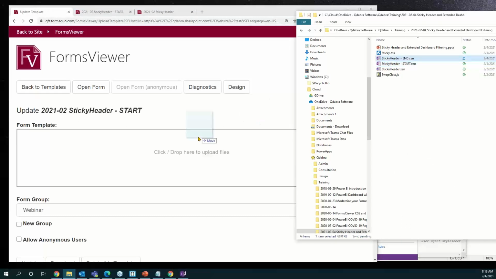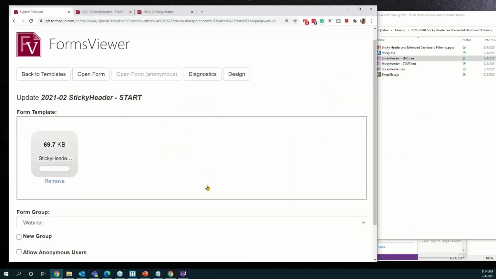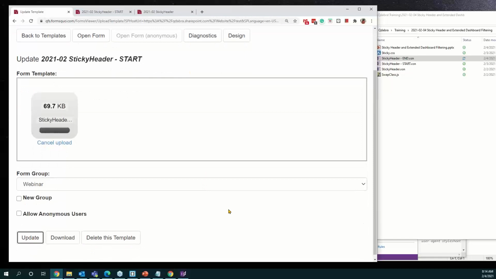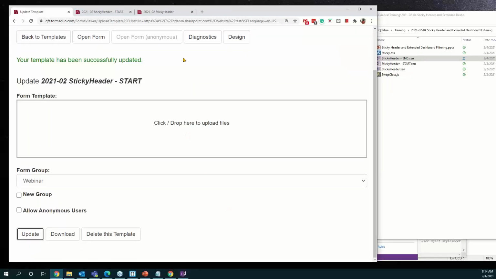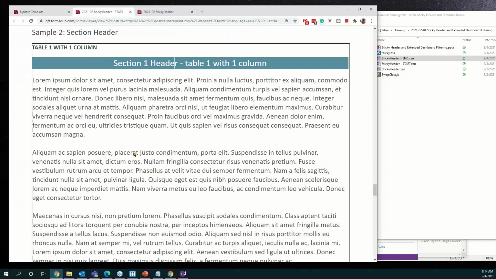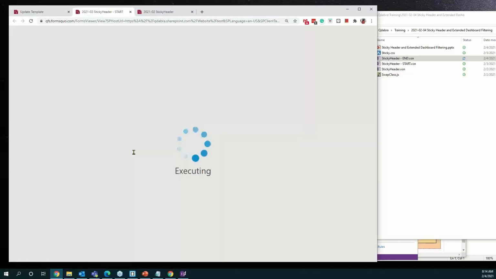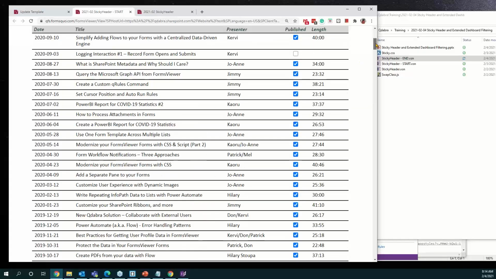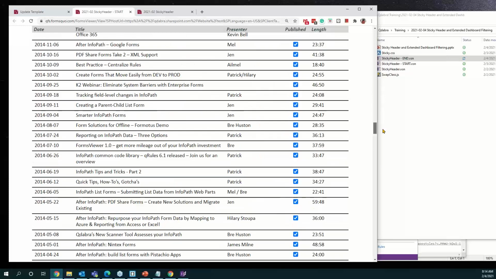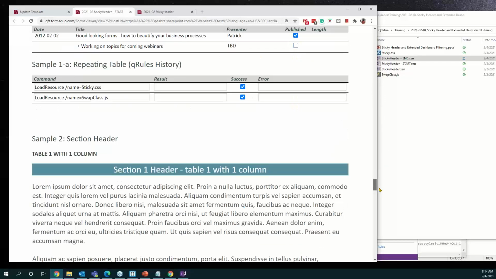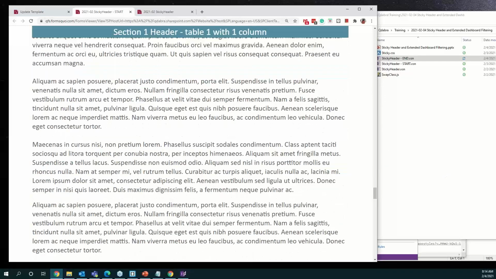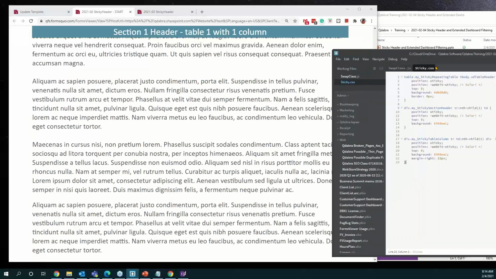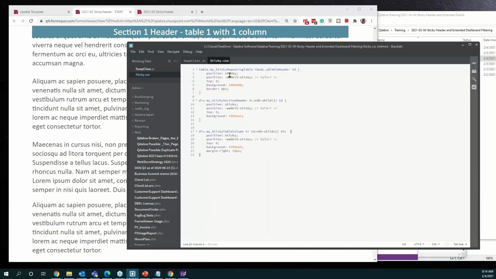With this one, I just modified it and uploaded. Then if I refresh this one, now I hope the header is sticky right now, like this. Okay, so in most cases, we can get it started with just 2 lines of the code, but sometimes you may